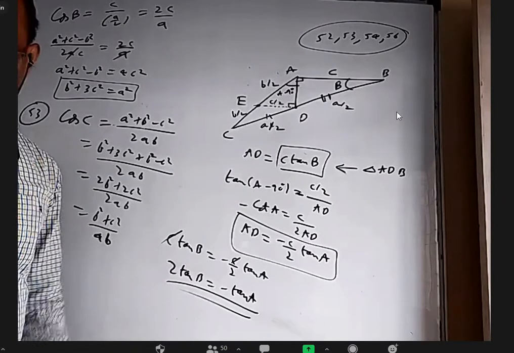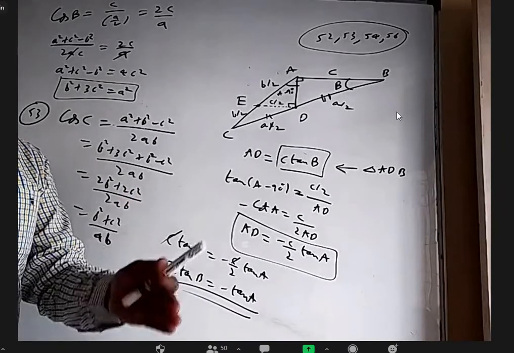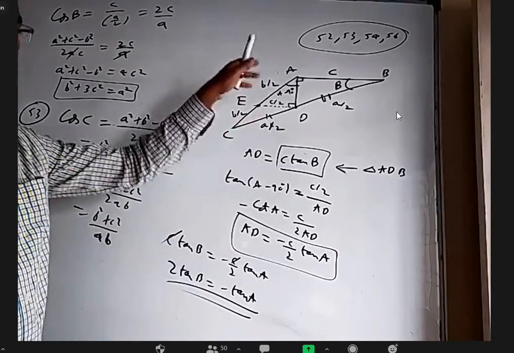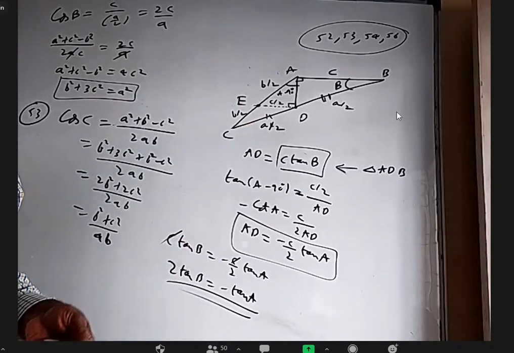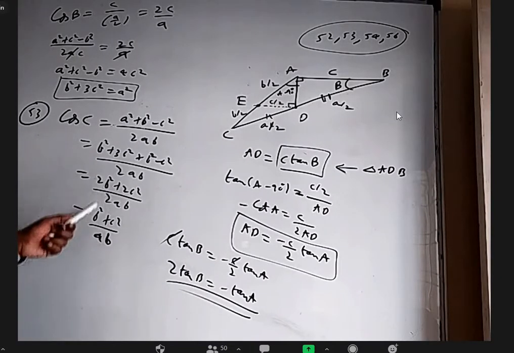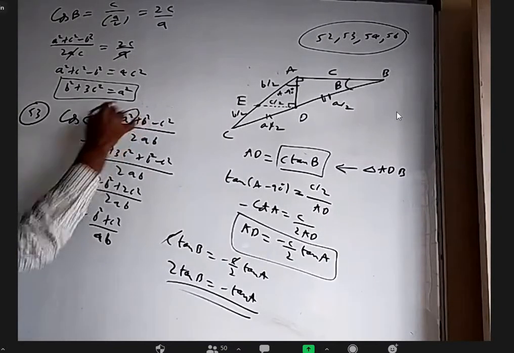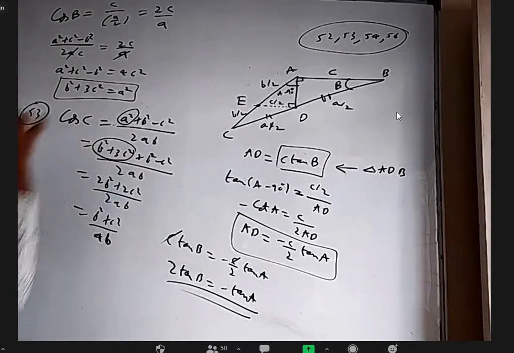I hope all of you understand. I am not doing 53 as it is. They gave AD perpendicular to AC, but I took AD perpendicular to AB. And they asked cos B, but I am finding cos C because I am changing the question. And they wanted B square plus C square by CA, and we got B square plus C square by AB because B and C roles got interchanged. Is everybody clear about it? Yes, sir. Okay. This A square, we substituted based on this.